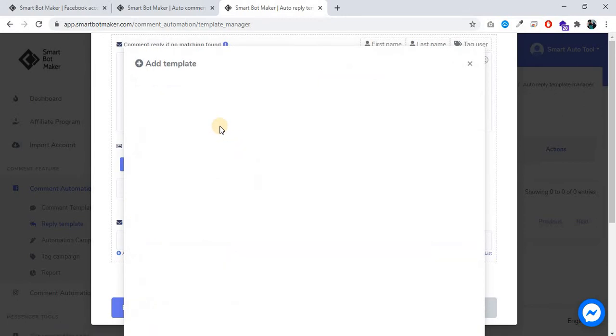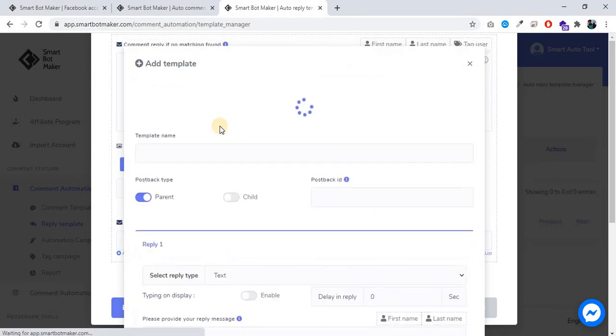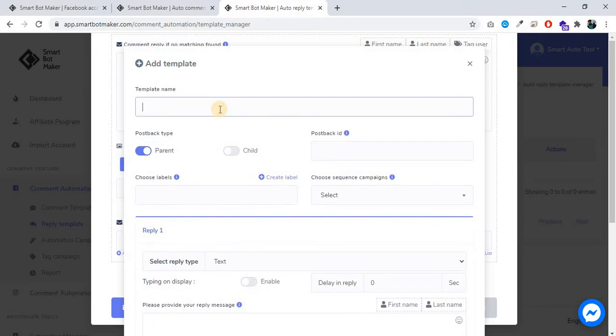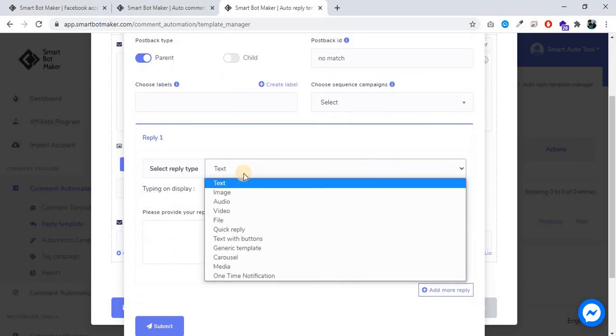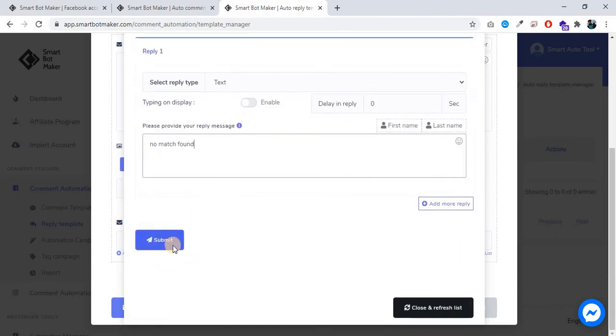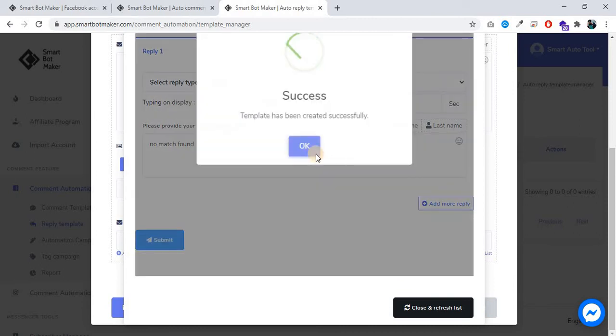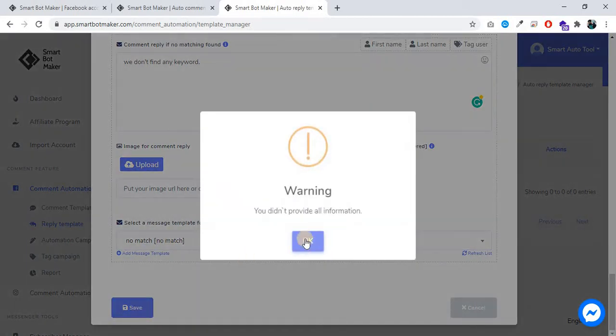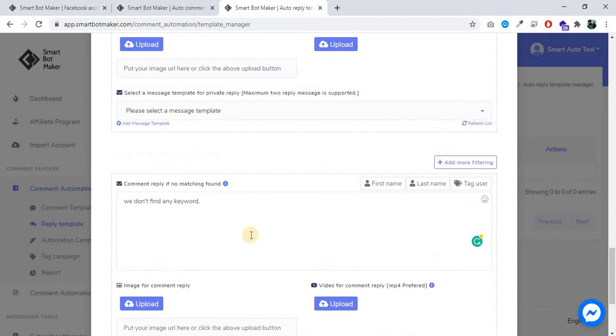Going to create a different private message reply. Close and refresh list. No match. Now click on save. We missed something. Let's check.